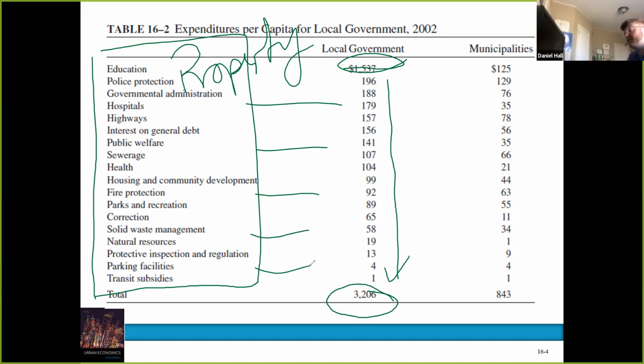You said 3,000 is kind of high for where you're at. So what does a normal property tax equate to? Well, so